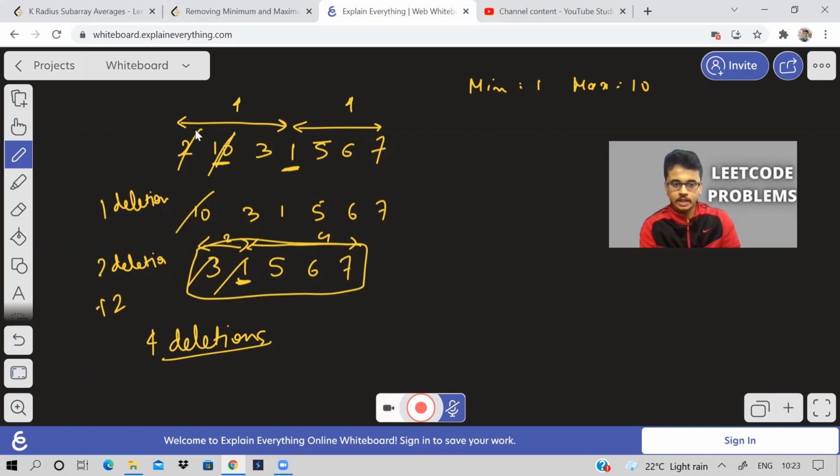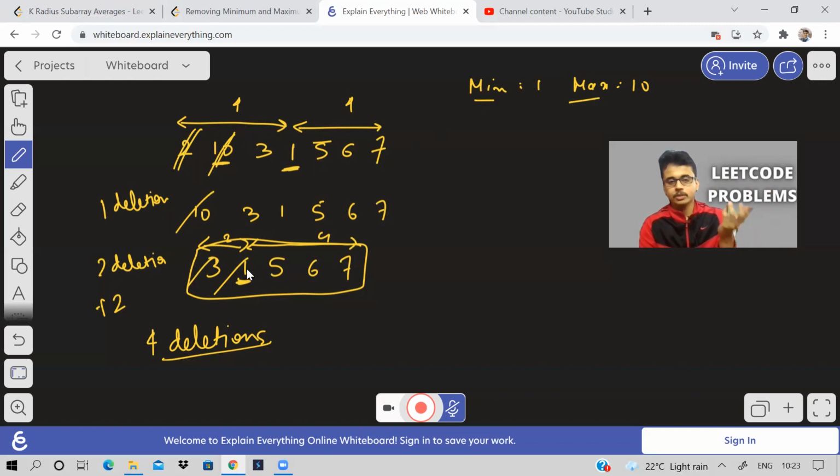That is, after I delete the most feasible element, I can delete either maximum or minimum. How will I know which one to delete? Whichever is easier to delete, that means whichever is closer to the extremes. Because here the maximum 10 was closer to the left extreme than 1, which was not as close to either extreme. So I deleted 10 first instead of 1.